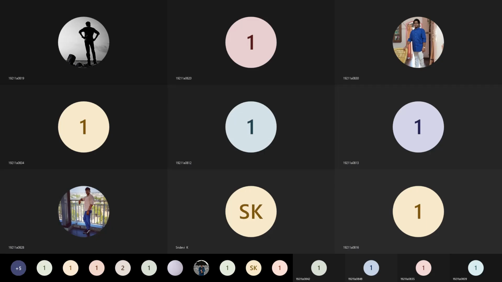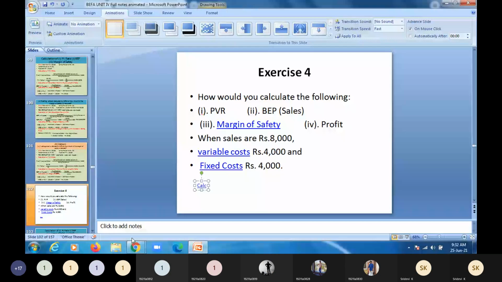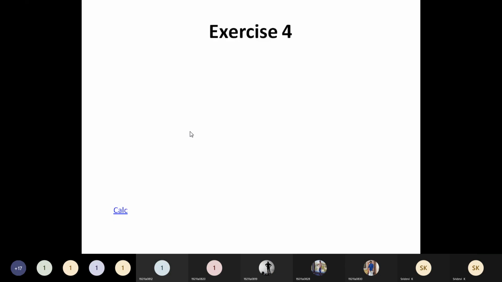Now today we will go for the next exercise. Already we have discussed 3 exercises. So we have seen in them differently how the information is given and how we are going to find out the break-even point, margin of safety as well as PV ratio. This is another model